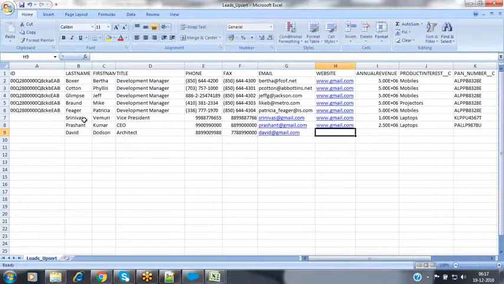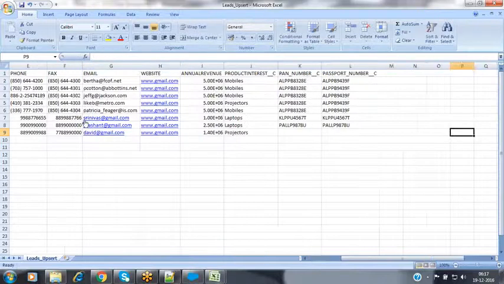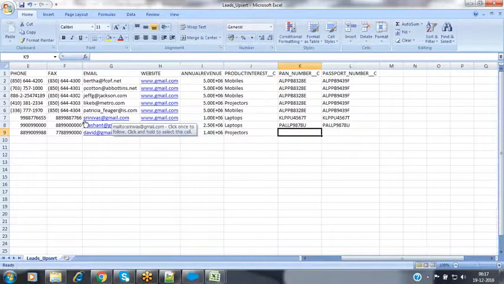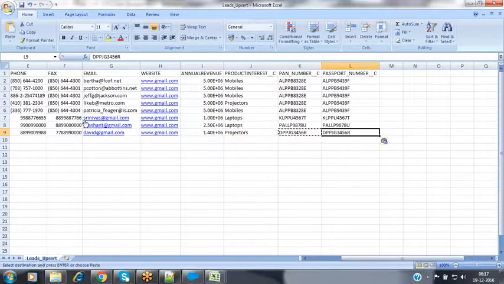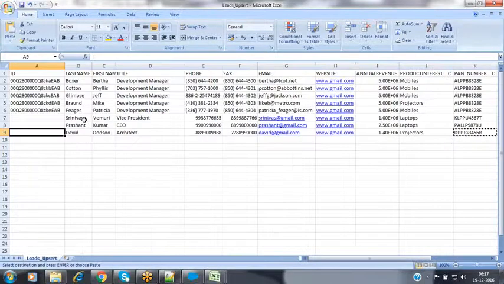I'm entering his email ID as david at some gmail.com. And then annual revenue is some 14 lakhs. And he is interested in our product projectors. And then the PAN number here. Now the same PAN number I'm entering as the passport number.